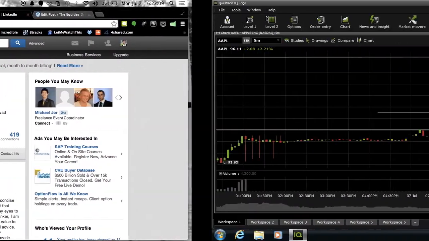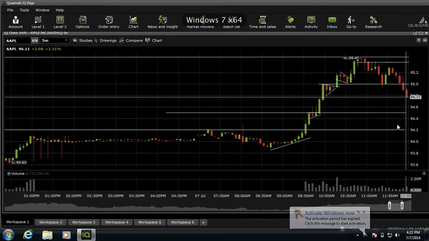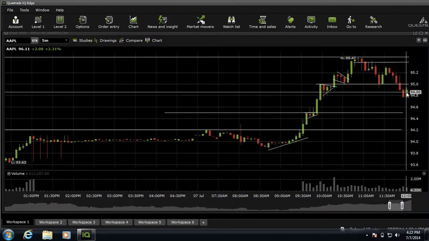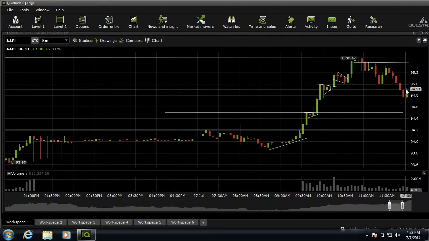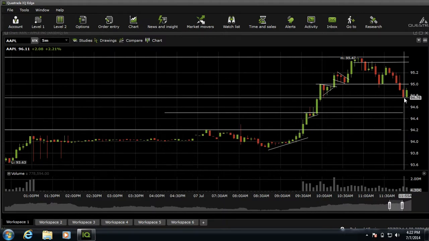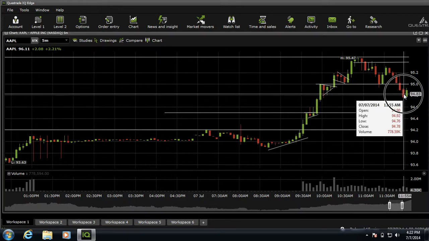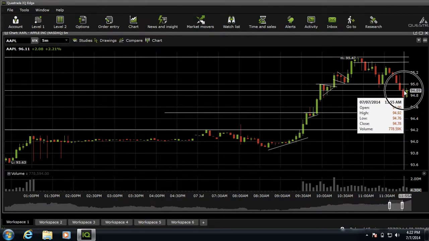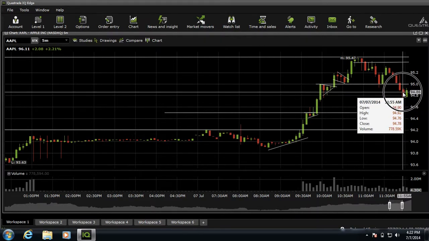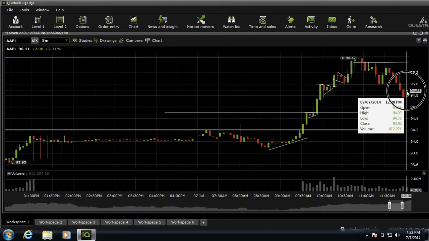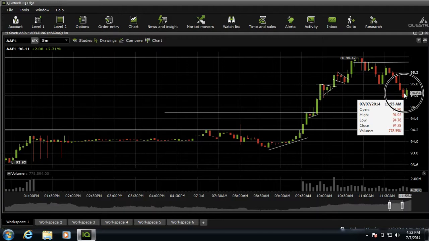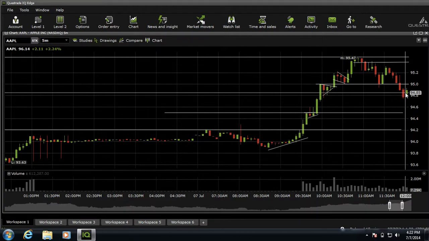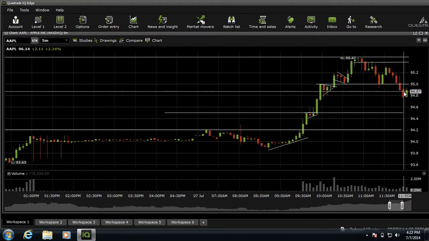Okay, so that was basically what I said. That's coming into this candle here, and you can see the next candle close like this. What I want you guys to notice is what this means. Once these candles closed, if you look at this, the low here is 94.76 and the next low is 94.76. The open here is 94.90, the close is 94.90 on this one. The close on this one is 94.78, and the open here is 94.78. So this is a perfect tweezer bottom